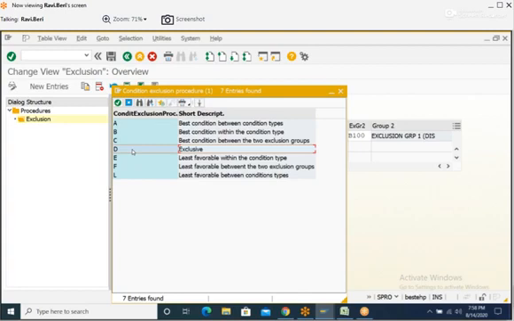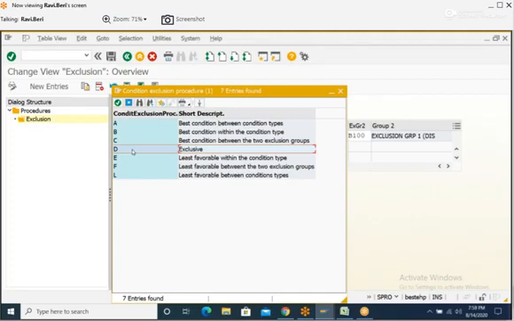Fine. Any doubt, you can ask me. I'll try to clarify. The condition exclusion procedure D will be used to group the conditions for the group condition concept. We configured a group condition, one for total document value, BGR1. The scenario is if the total document value reaches 10 lakhs, you will get a BGR1 20,000 discount. Next, we configured a group condition for a group of materials ABC. For that, we created condition BGR2. And if ABC value reaches 10 lakhs, then I want to propose a different price, 15,000.